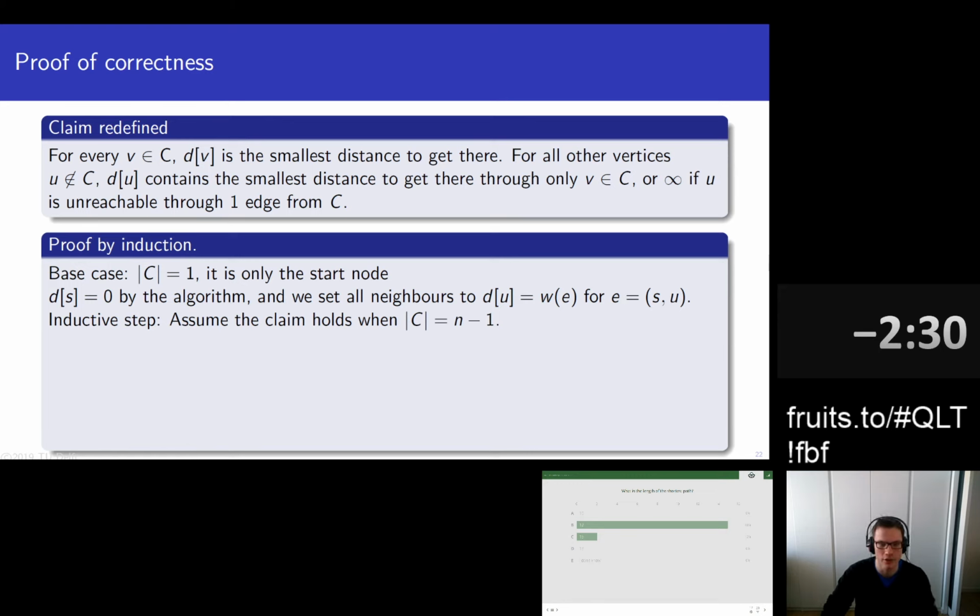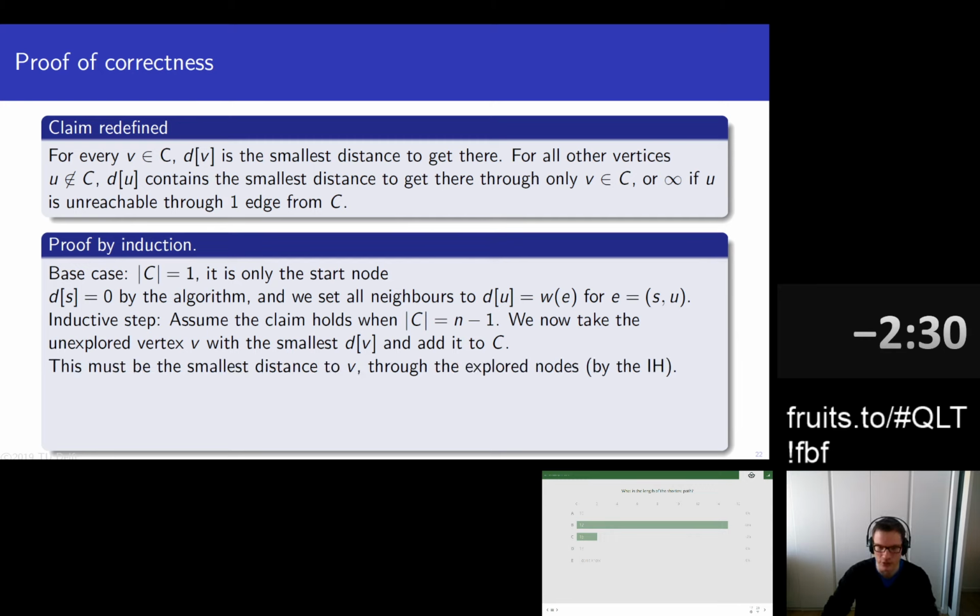Then induction step. So first we have an induction hypothesis. I assume the claim holds when I have n-1 vertices in my cloud. Now take the unexplored vertex v with the smallest distance, right? Remember, that's what Dijkstra did. So Dijkstra takes the smallest vertex that we have not yet explored, and we add that to our cloud. Now, this must be the smallest possible distance to v through all of the nodes in our cloud. This I know from my induction hypothesis,